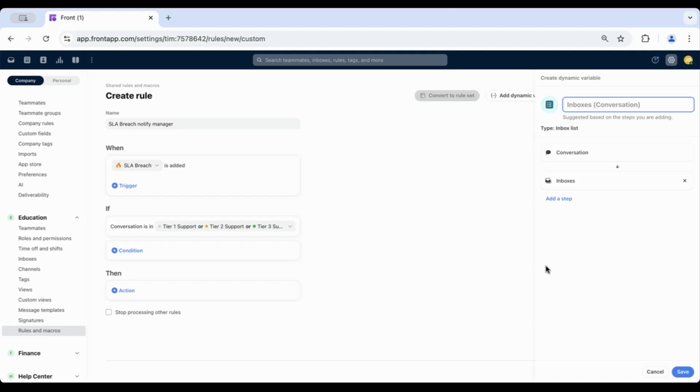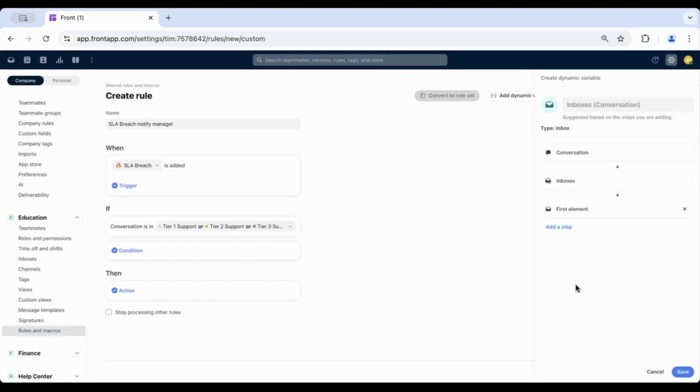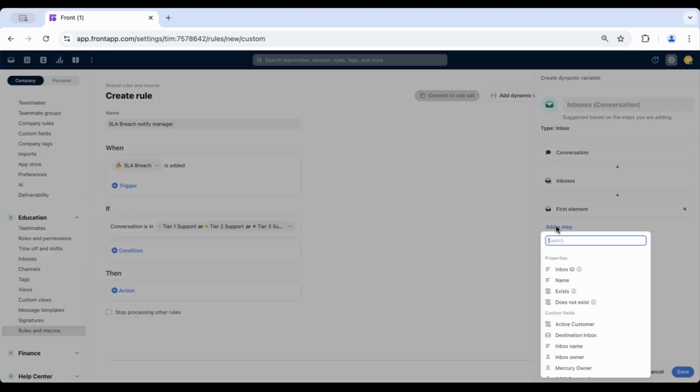We choose Inboxes because we want to look at the inbox custom field data, then Conversation because we want to see the custom field data for the inbox in which that conversation lives. We'll add a step and we'll select First Element, which will return the first element of the list. Lastly, choose